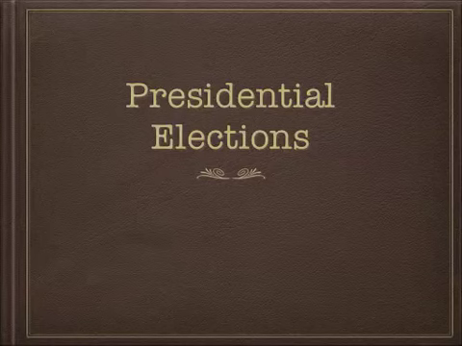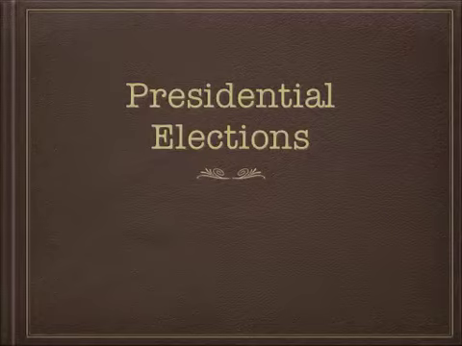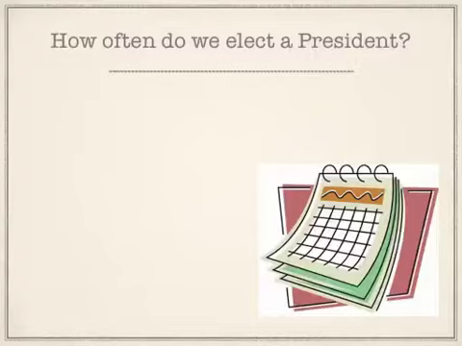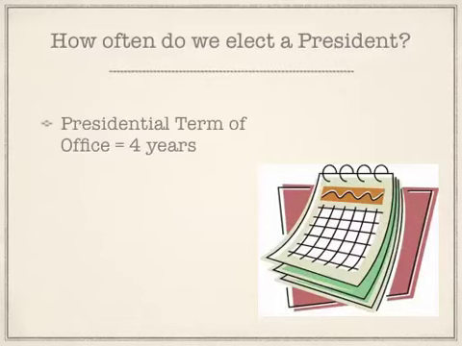Okay, we've talked about the qualifications for someone to serve as president, so let's talk about how somebody gets elected to the office of president. How often do we elect a president? Most people can tell you that it's every 4 years. The term of office of a president is 4 years, so we need to have an election to find a